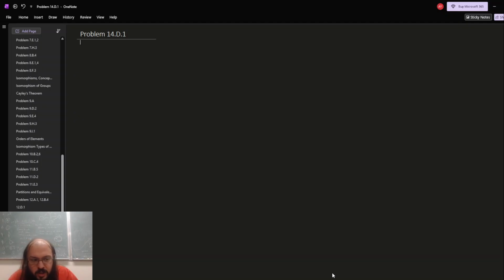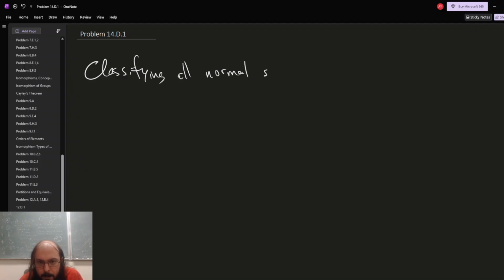One more problem for this section. In this problem, we're going to try to build some intuition for the idea of normal subgroup by classifying all normal subgroups of S3 and D4. And we're going to see how we do on time here because, as we're going to see,